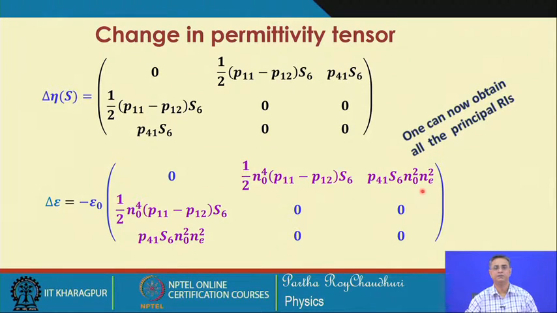So, once we have this, then we can diagonalize the matrix, or we can provide that Euler angle rotation, and we can calculate the new refractive indices in the principal axis system. Because of this configuration, the propagation of the shear acoustic